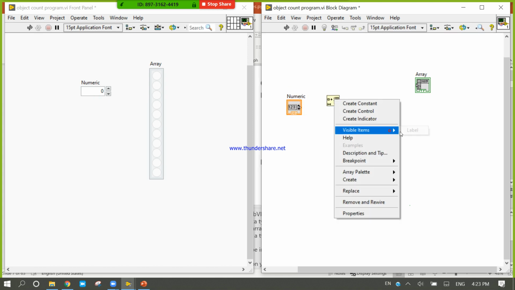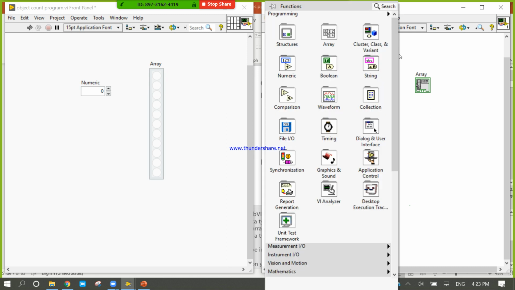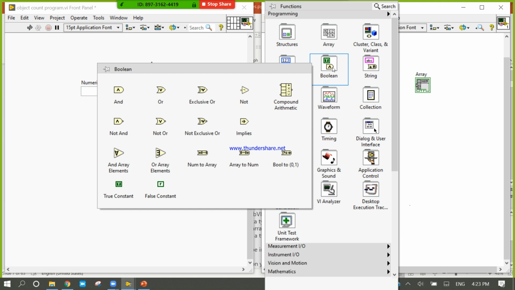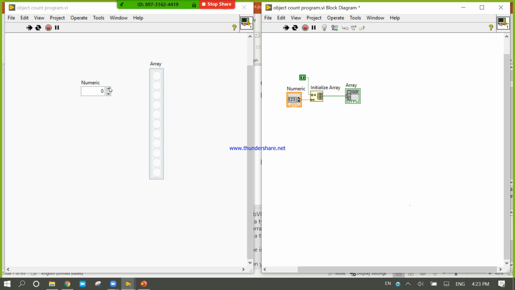In array initialization, right click, come to boolean, there is a true constant. Take the true constant, connect and make a connection. Now run. If my child applies 1, then 1 LED, 2 then 2 LEDs, 3 then 3 LEDs, 4 then 4 LEDs.